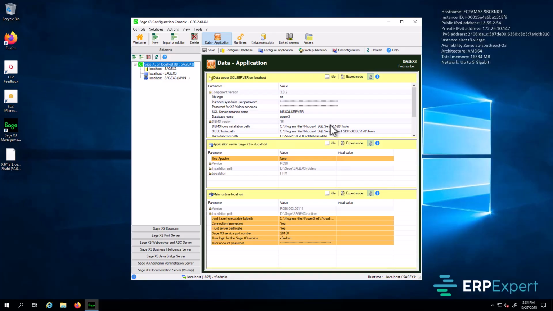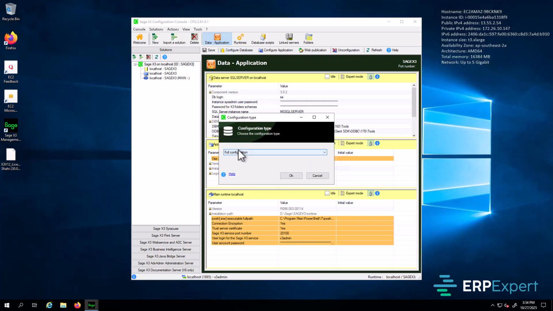All right, so now we need to start configuring the database first and then configuring the application, which will load the first reference folder, which is the X3 folder, into the database. This is a critical point in the system. So if any of these details are wrong, or any of the components that we installed are installed incorrectly, or the parameters are not configured correctly, then we'll have errors in the configuration we'll need to address. So fingers crossed, let's click on configure database